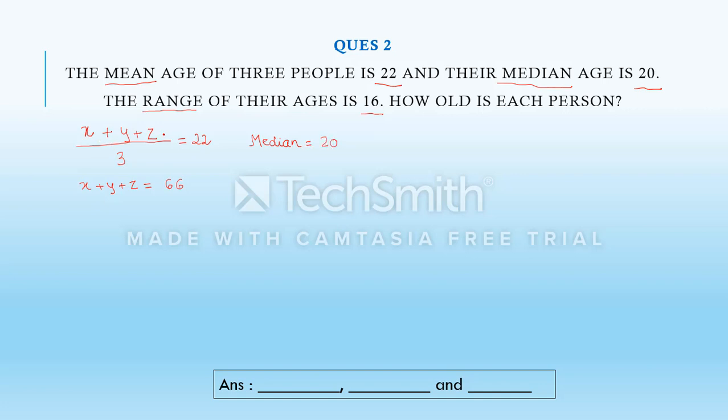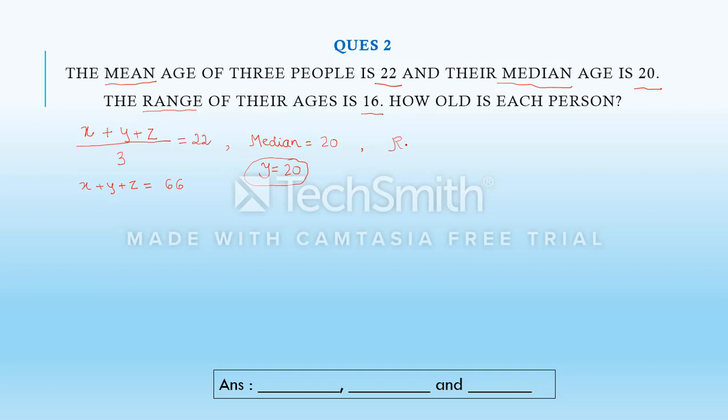Now over here, if I presume that the ascending order of the data is X, Y and Z, the median is going to be nothing but the value of the middle position, which in this case is nothing but Y. So my inference is that the value of Y, according to my assumption, should be equal to 20. Now let us come on to the last part of the data which is given in the